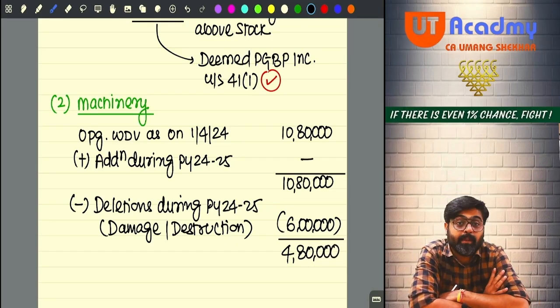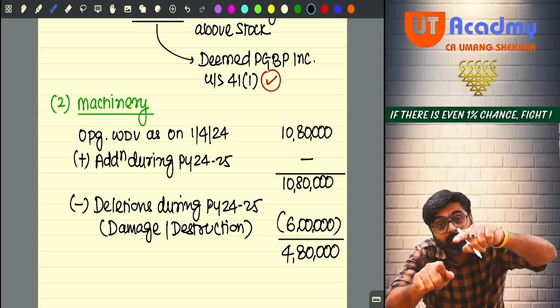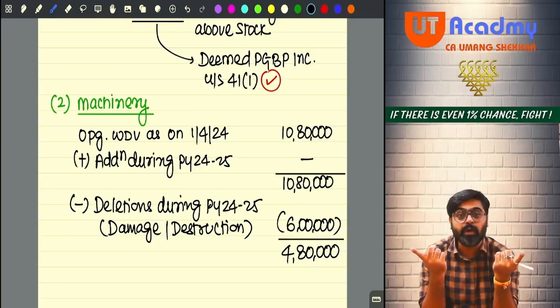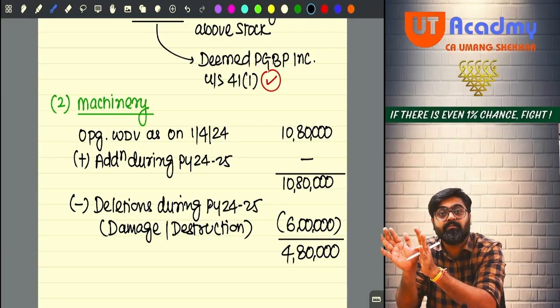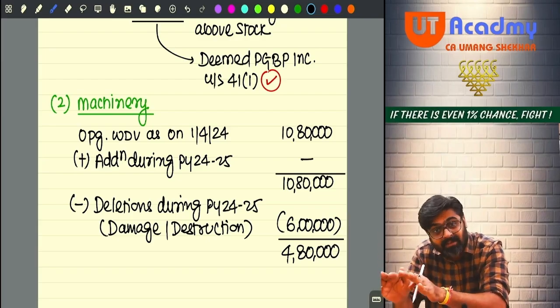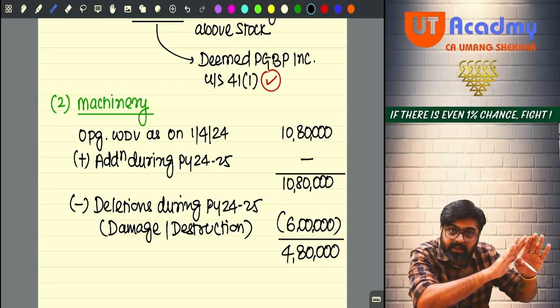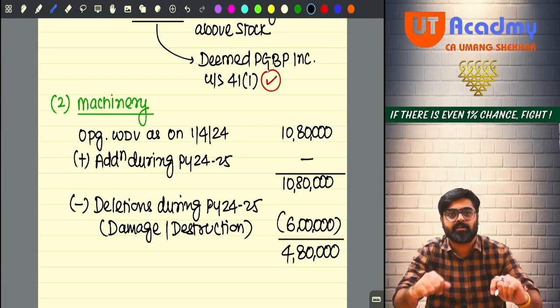Now see, to represent this 480, there has to be some machine in the block in the end. Is there any machine in the block? They are saying that some portion of the machine was salvaged. That does not mean that what is salvaged is still there in the business and getting used. Are they telling you? No. So there can be two interpretations of this. Some portion of the machinery can be salvaged, meaning it is still in the business and used. Or it was salvaged but not usable, and the insurance company took it away. There can be two interpretations.